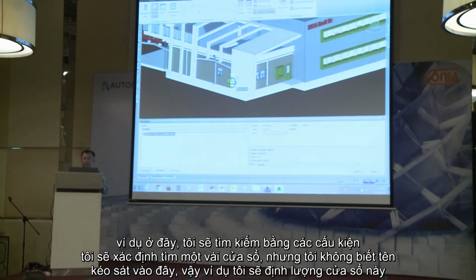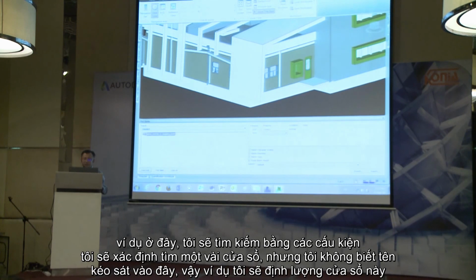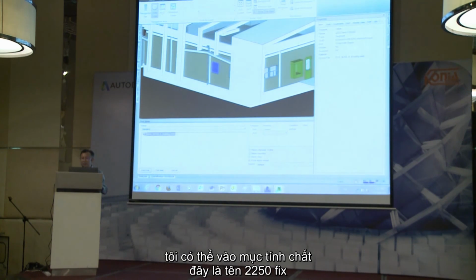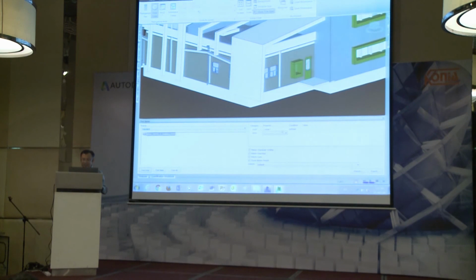So I can come, for example, I will quantify for this window. Right? I can go to the property. This is the name, 2250 fixed. So I say that I would like to search by name. It has to be equal to 100%, and